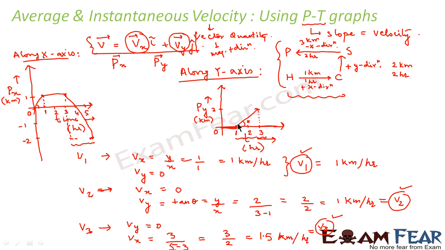Now in this graph, you can very clearly understand the difference between the values of instantaneous velocity and average velocity. When I talked of average velocity, I talked about a velocity between any 2 points. For example, between this point and this point, similarly between this point and so on. But when I say instantaneous velocity, I mean the value of velocity at a particular instant. So whenever we talk of average velocity, it is total displacement by total time taken. Whenever we talk of instantaneous velocity, it is the value of velocity at any particular instant of time.